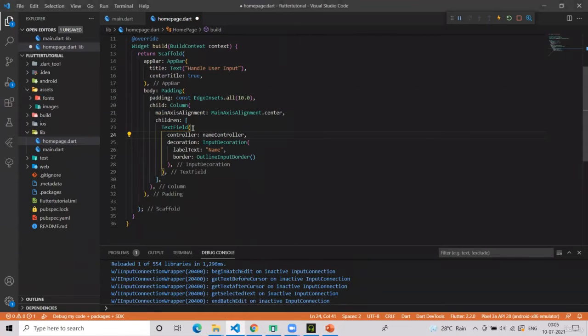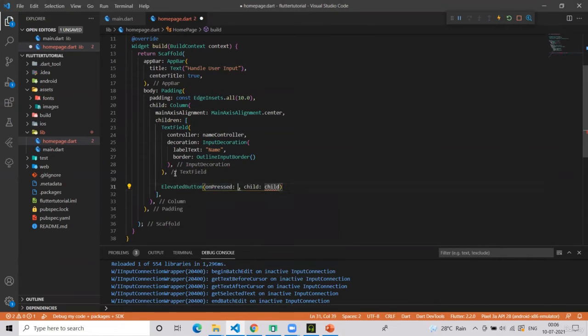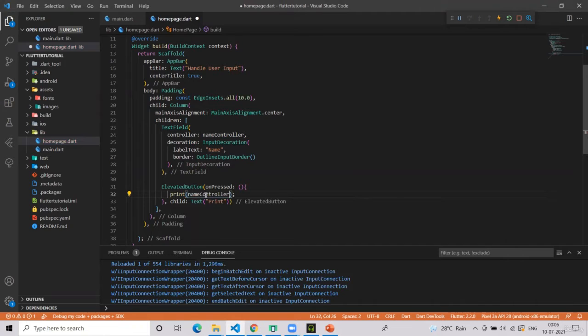Now, for that, let's first, below the text field, we should have an elevated button, and in the child I will just simply write print, and in the elevated button I will print what is the name of the controller, name controller, and dot text. Okay,